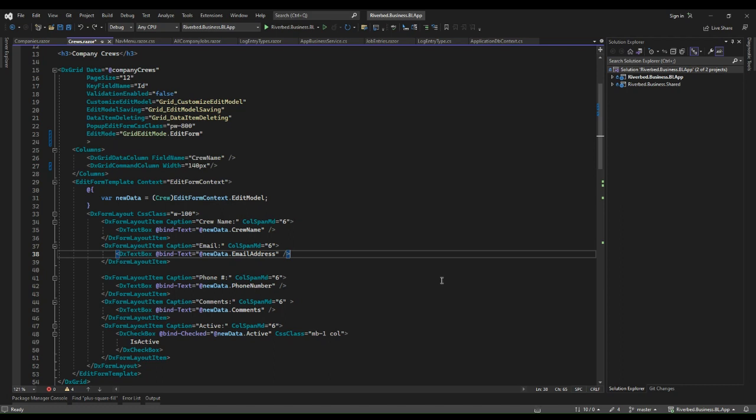Today I'm going to show you how to implement icons instead of the command text that is automatically generated by the DevExpress DxGrid. It takes 4 easy steps and you can have icons up and running for your save buttons, delete buttons, and add buttons. First thing you need to do is bring in the Font Awesome